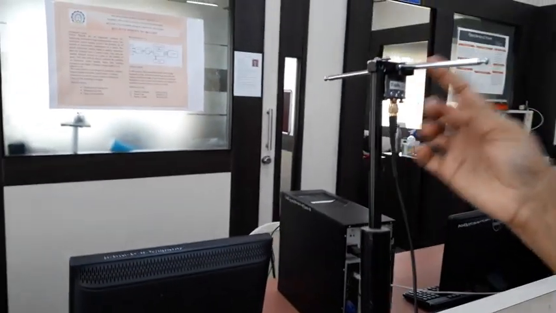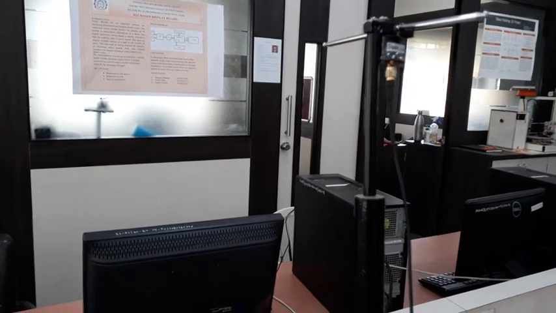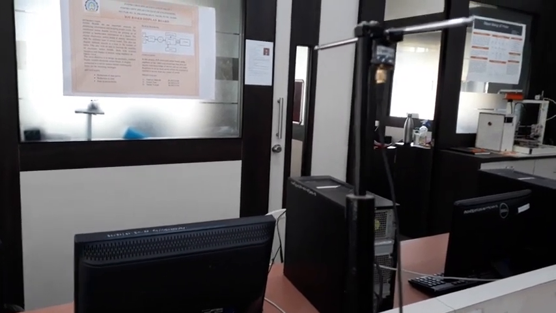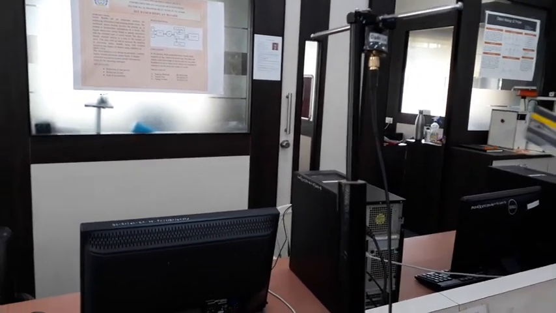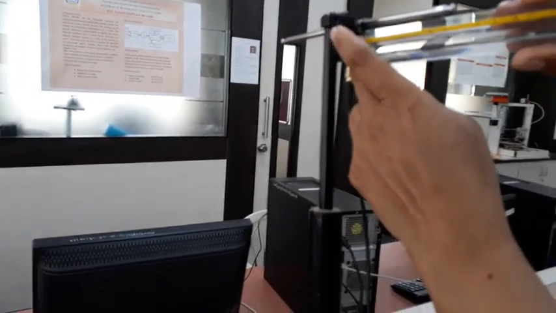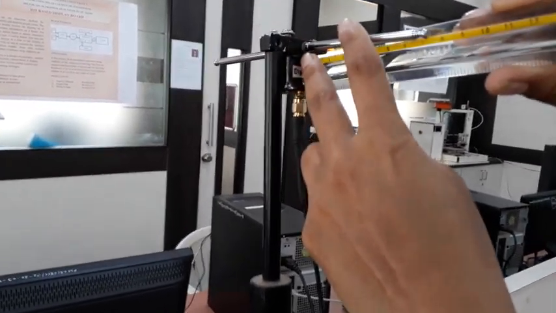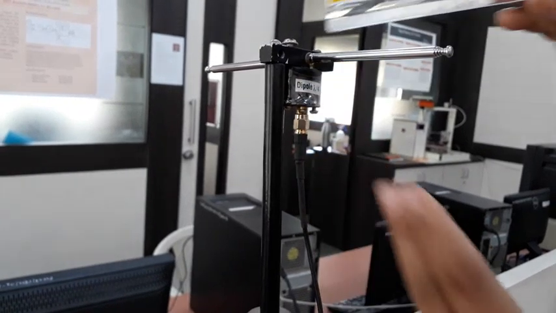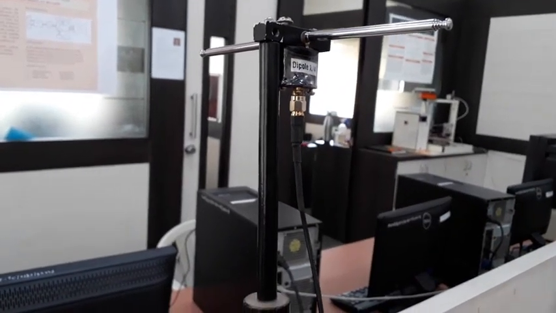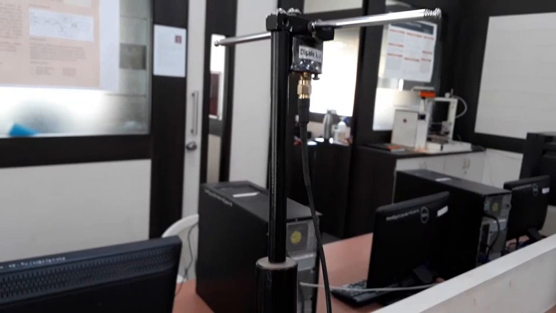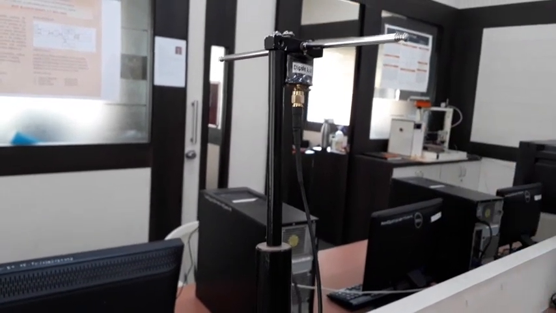So this is our transmitting antenna, and we know that for 500 megahertz, lambda by 4 must be 15 centimeters. So if I measure this length, this is 7.5, and similarly there will be 7.5. So this is the 15 centimeters of the lambda by 4 antenna for the 500 megahertz frequency. We are transmitting that power.